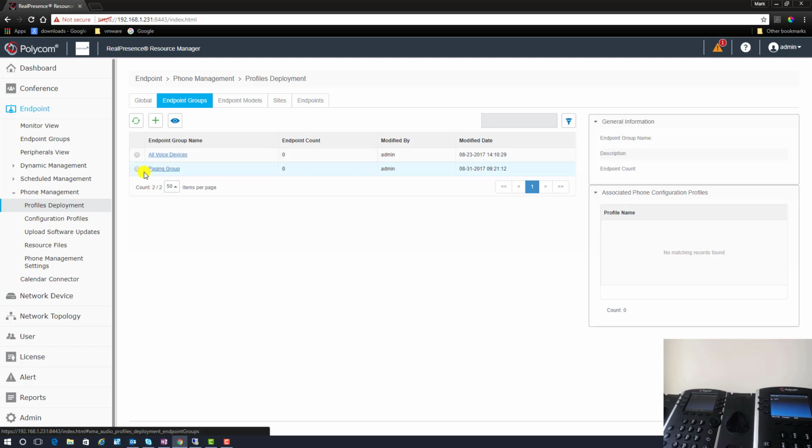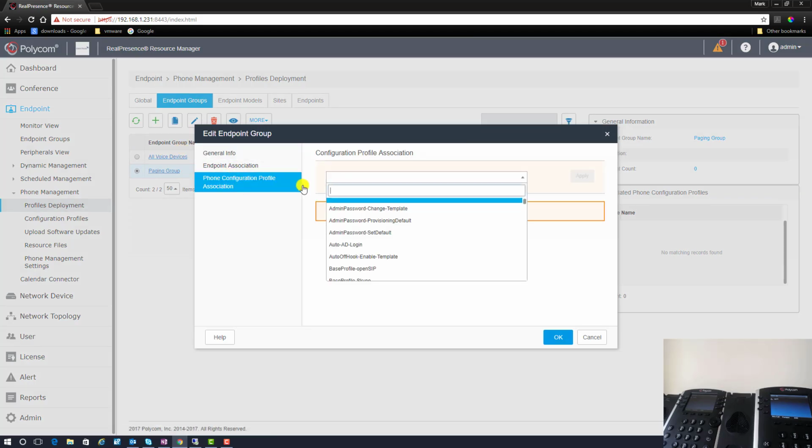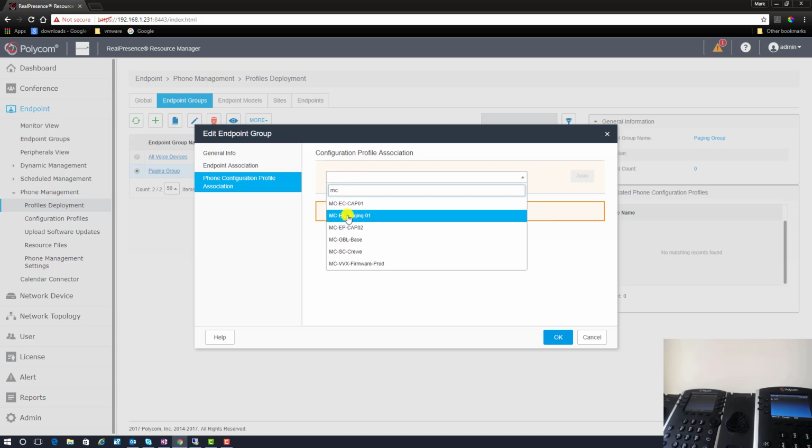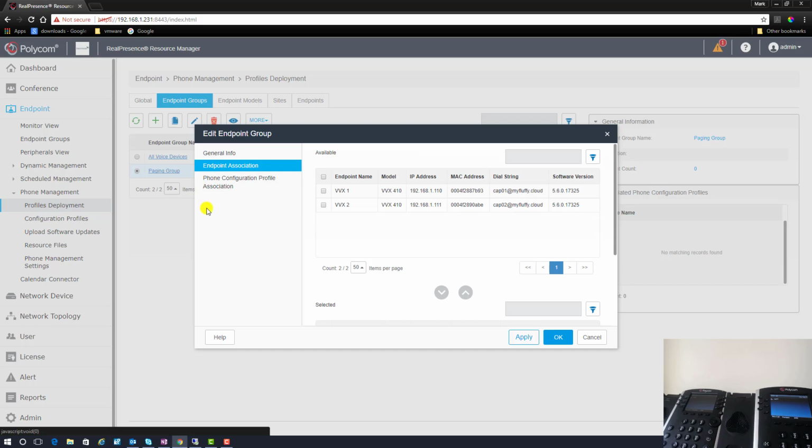When you configure your endpoint group, let's say I'm going to configure my paging group. Obviously you can add as many groups as you want by clicking on the add button. We can then go into the phone association, the config association, and type in the config that we want, and here we've got one for paging. We can apply that config, and then we need to assign this group to phones, and here we can see we've got 2 phones